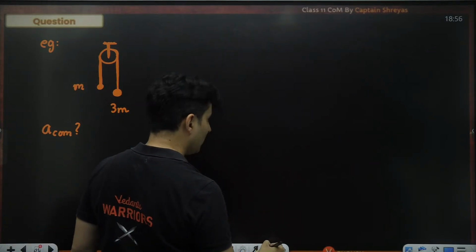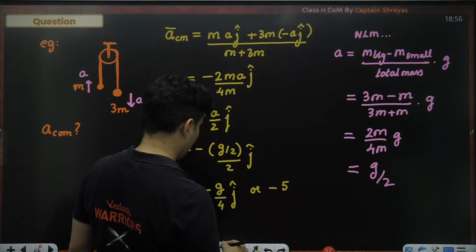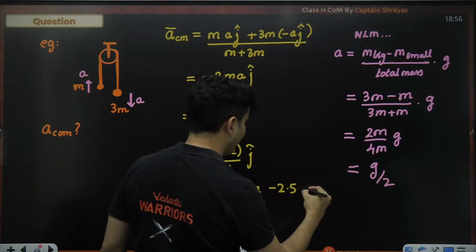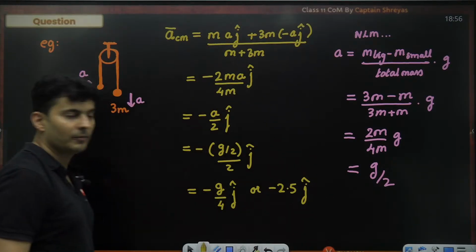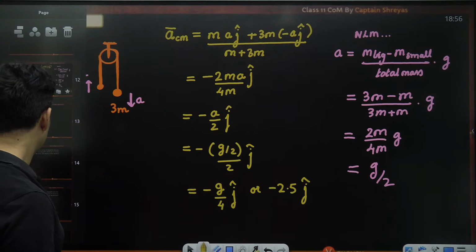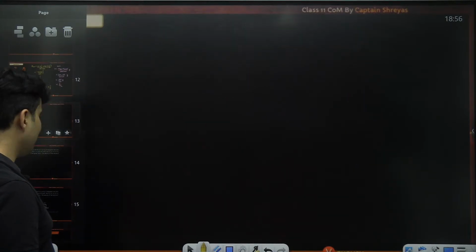5 by 2 is also, what is it? 5 by 2 is also 2.5. So minus 2.5 j cap is also okay. Nothing wrong in it. Okay. Everybody with me? Awesome. Now, let's say